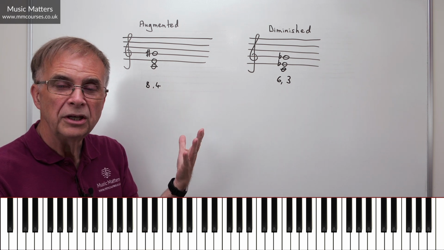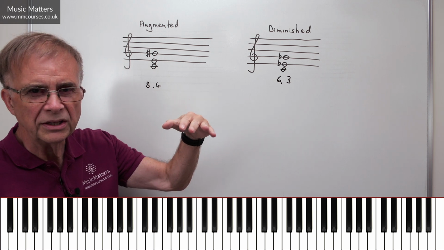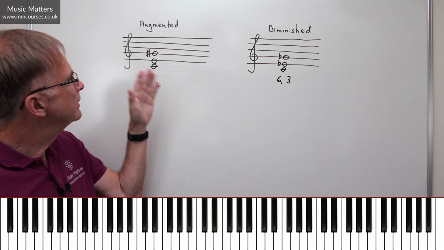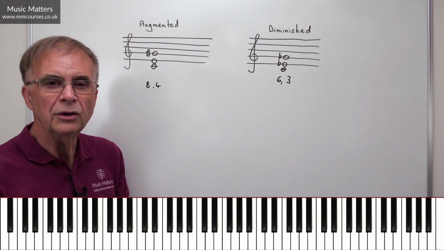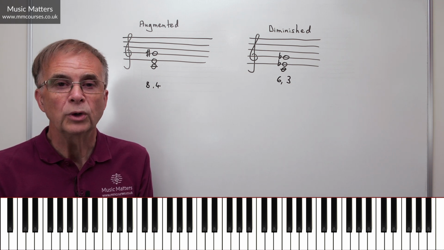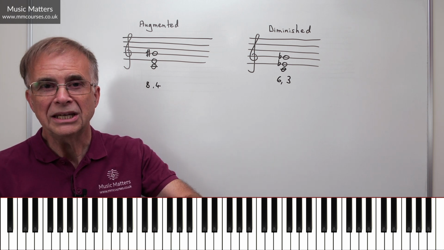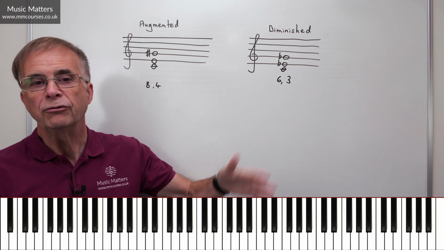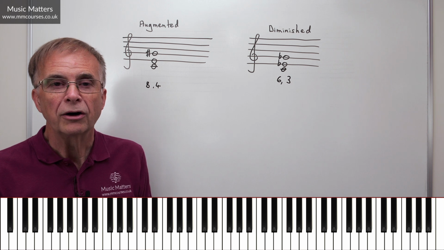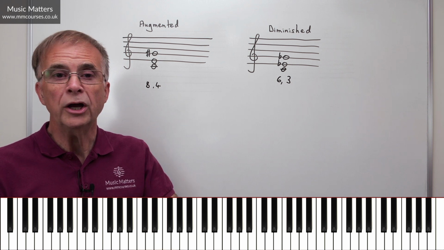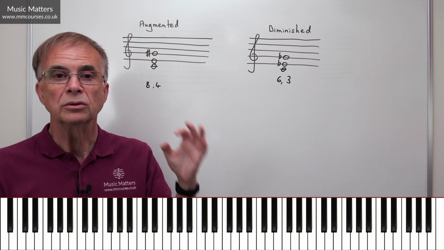But you might find it helpful to reference this in relation to, well, if this is a major triad, what makes it minor? What makes it diminished? If this is a major triad, what do I have to do to make it augmented? So it just gives you different ways of working out how to build augmented and diminished triads so that you can then form a chord with as many notes as you want using the notes of those triads. So I hope that's just clarifying for you how to build these essential triads.